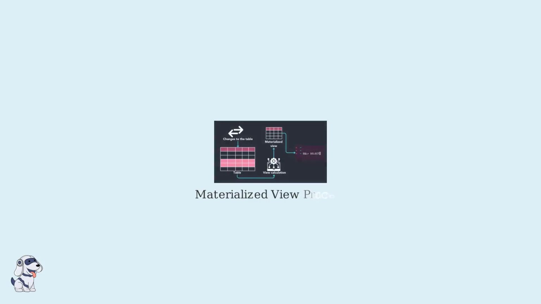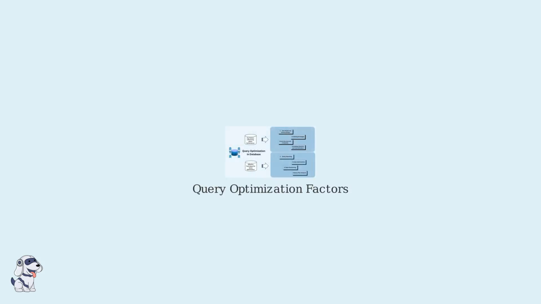To visualize the materialized view process, consider how data flows from tables through computation to stored snapshots, as shown in this diagram. Query optimization plays a key role in performance. Factors like indexing strategies and query structure influence how tables, views, and materialized views perform under different loads. Real-world examples demonstrate how tables, views, and materialized views are applied across different industries, each chosen for specific performance and